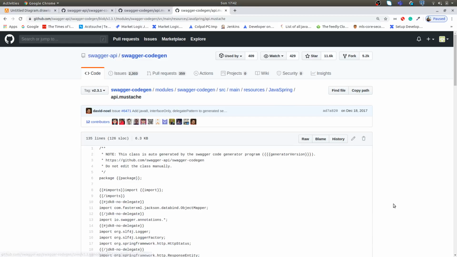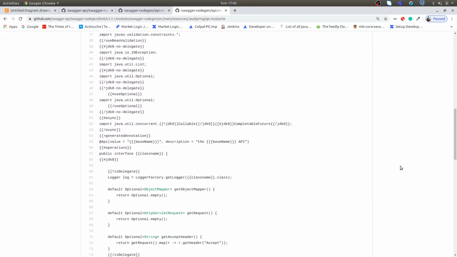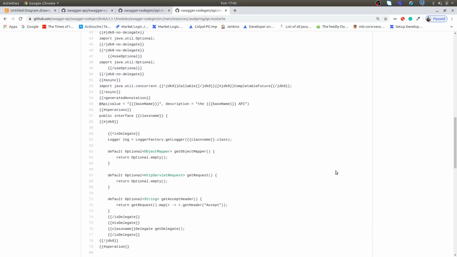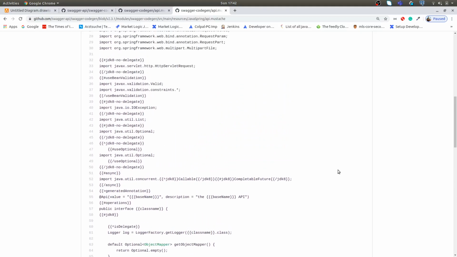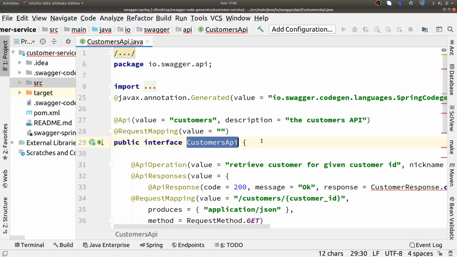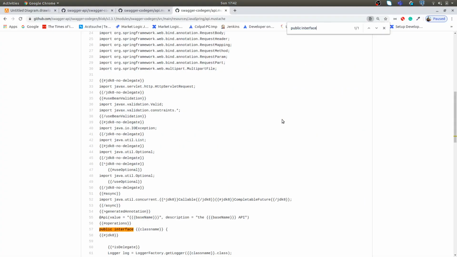So here I am showing you an example which Swagger Code Generator uses for Spring. If you see here, there are some templates which Swagger Code Generator replaces in runtime to create API for us. So if I go back to our created API, customers API, and look for public interface, this word is here.